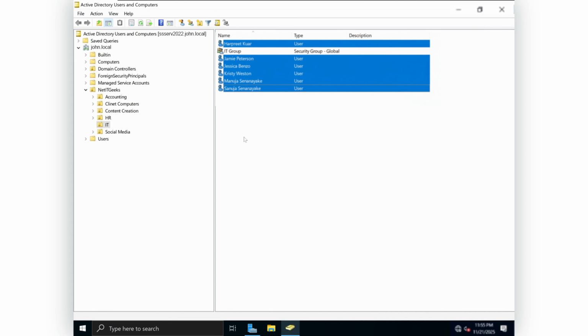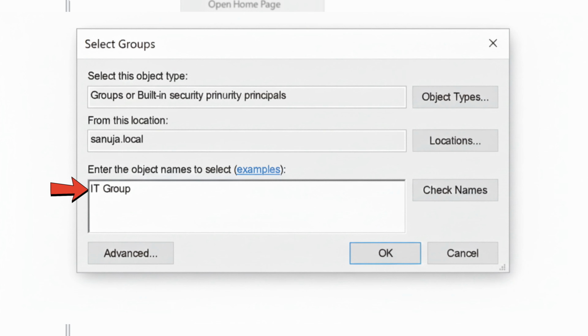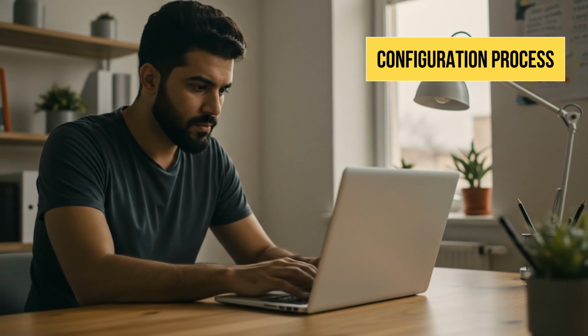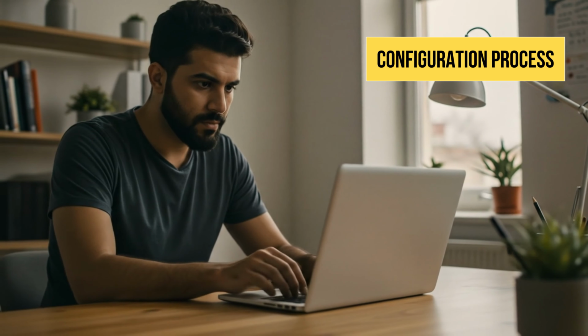Select all the users, right-click, choose Add to a group, search for your IT group, check names, and click OK. Now all the selected users are members of the IT group. The next step in our configuration process is to create a dedicated folder that will store all the roaming profiles